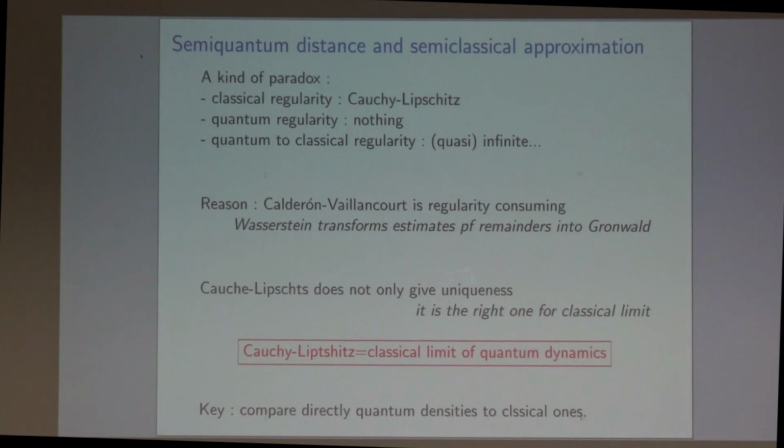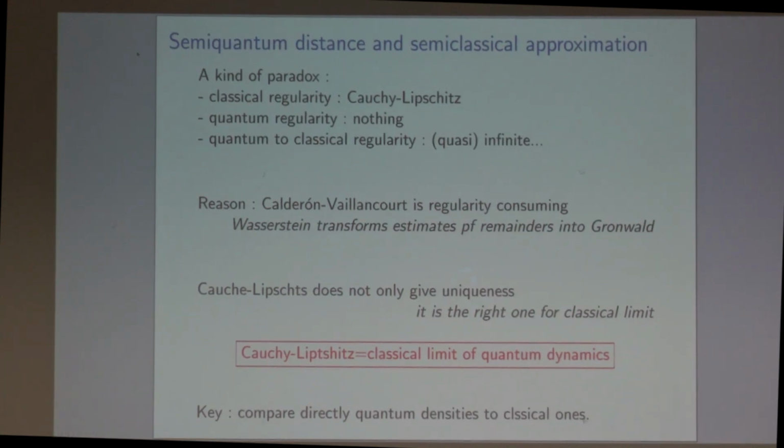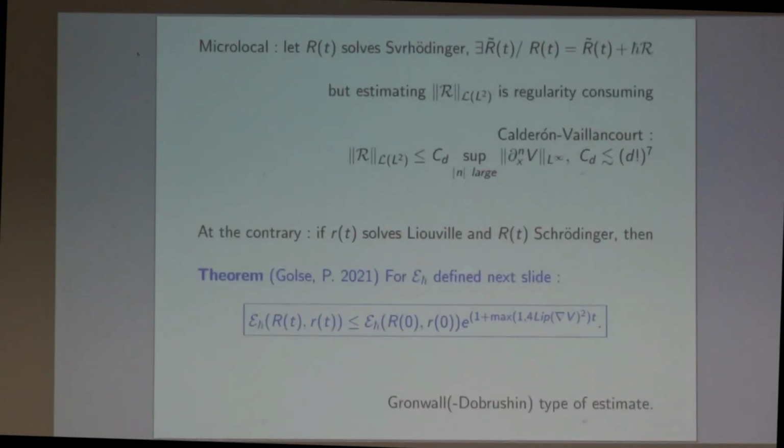In fact, especially if you increase the dimension, the number of derivatives you need increases very fast, and the constant, which gives you the precise estimate, also increases in principle very fast. So by doing this kind of semi-quantum Wasserstein that I'm going to define now, you get that the semi-classical, the classical limit is valid also for potentials which satisfy Cauchy-Lipschitz. So in a certain sense, it's satisfying. And the reason for that